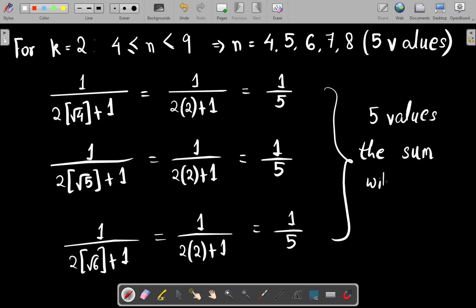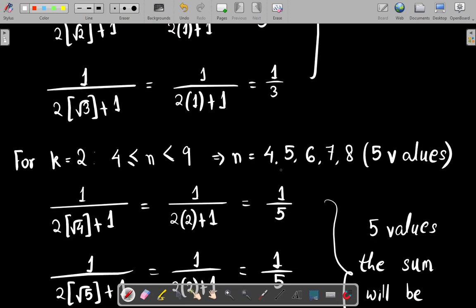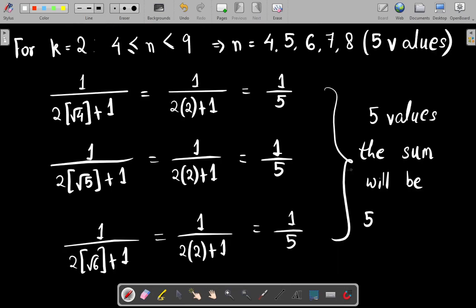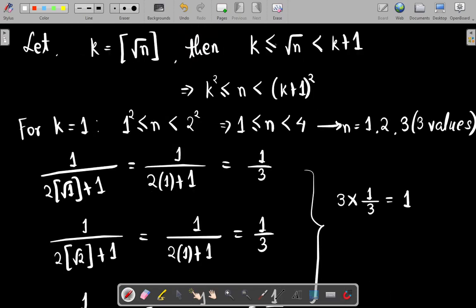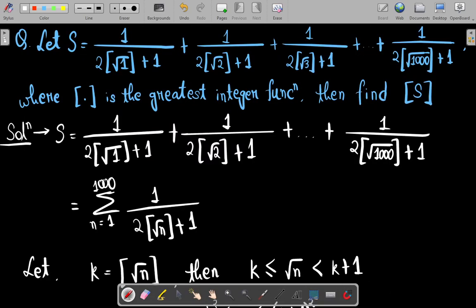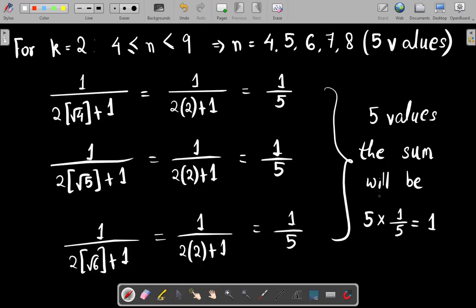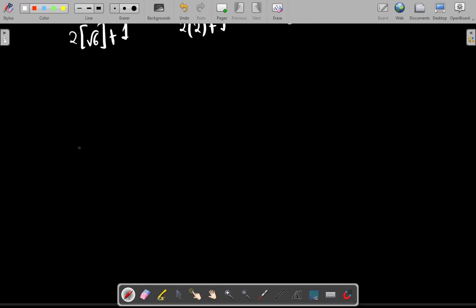will be 5 times. There are 5 times here. For 5 times, each time you get the value of 1 upon 5. So the entire sum will be 5 times 1 upon 5, so this is 1. Okay, so we got 1 for the first 3 terms, then we got 1 for the next 5 terms. Now this goes on